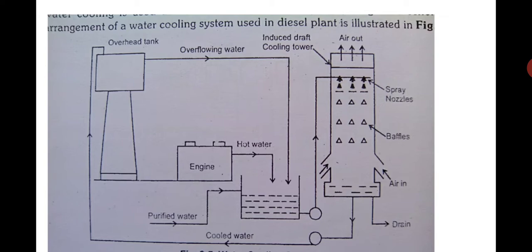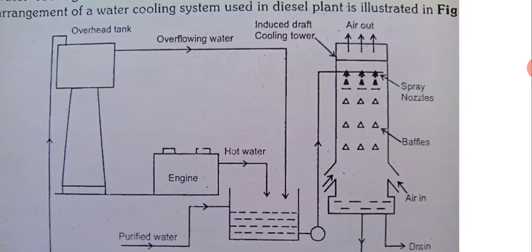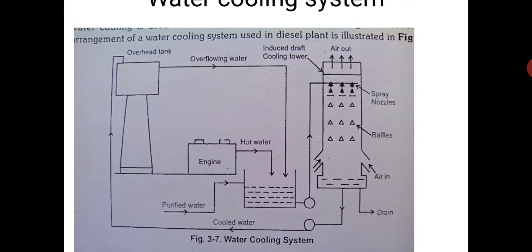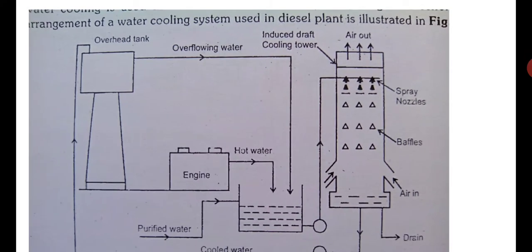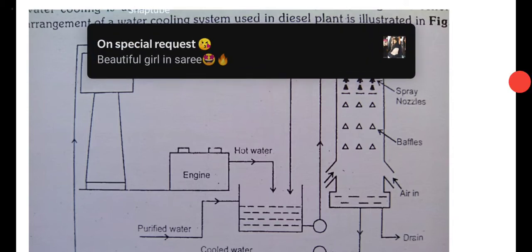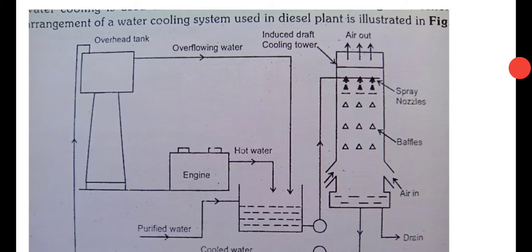The water which is pumped into the induced draft cooling tower is sent in at almost 50 to 60% of the height, and there are spray nozzles. So when the water from the pump comes out, it comes out in the form of a fine spray, like in a hair cutting salon where they spray water on your hair. Not only that, this cooling tower being tall also has baffle plates, like wooden plates, so that there is retention time for the heat exchange to take place from the hot water to the cooled air.